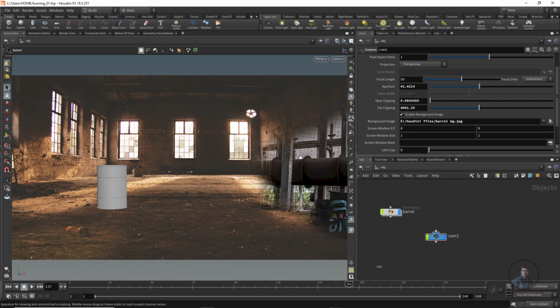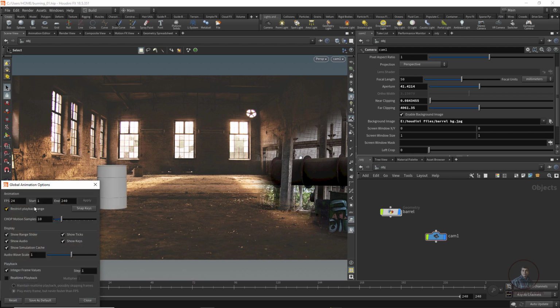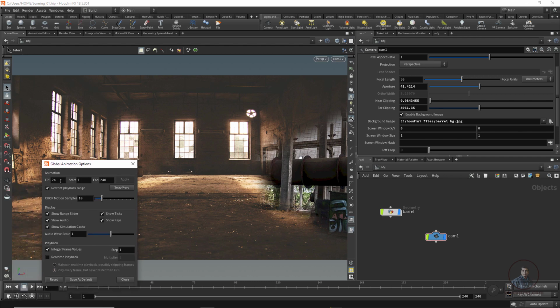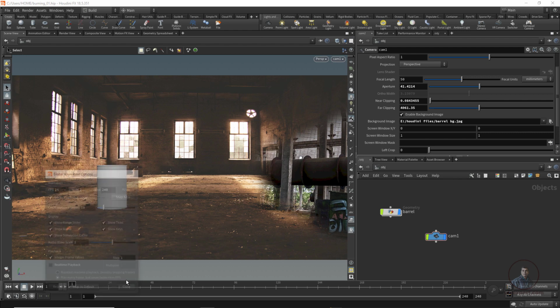You can see 1 to 240, at 24 fps, and I am going to create this animation or effect with that. If you want to change anything, click here in the timeline options or animation options. You can change whatever you want. If you want the timeline to be maybe 100 frames, simply type it here. Now just close. Remember, before starting your animation or anything, check this Real Time button. This should be enabled.